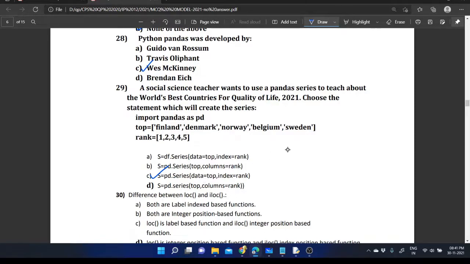Either you can directly provide the declaration like s = pd.Series(top, index=rank), providing the top variable and then index equal to the rank variable; like this also we can provide it. But the correct statement provided here is pd.Series(data=top, index=rank). So that's the correct one.